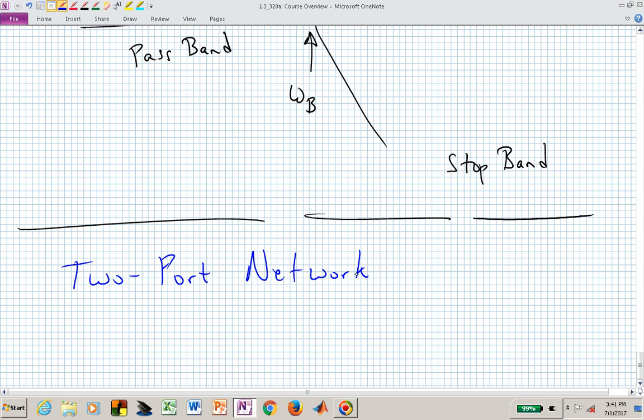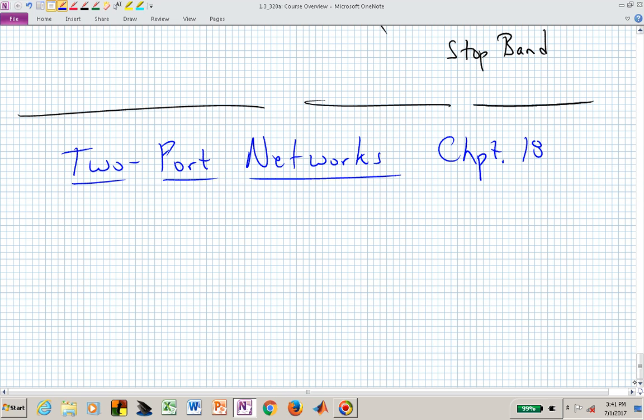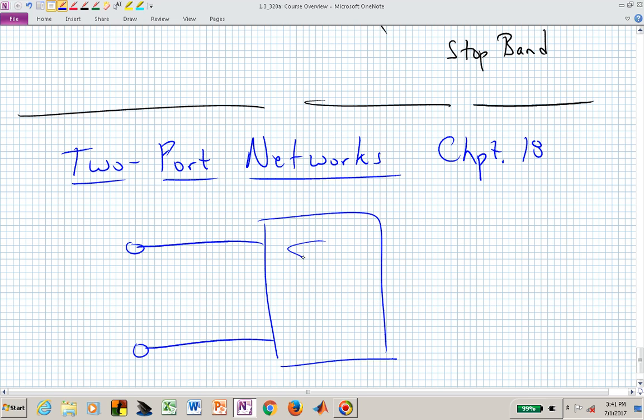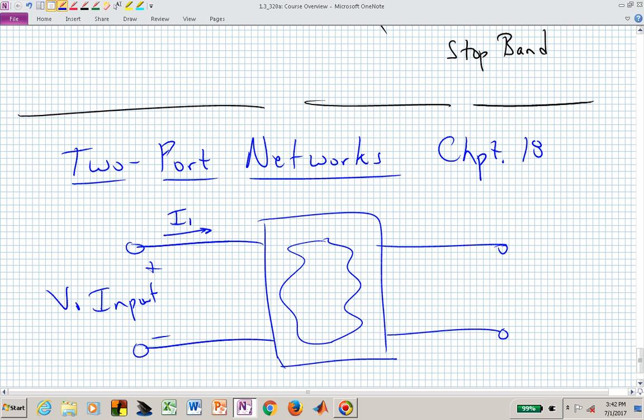Now that we have active filters, passive filters, this idea of systems, we can generalize that even further and start talking about two-port networks, which is the material in chapter 18. Now we will have something that we will have available to us or we will need to design, that's this cloud symbol inside this box, but we have some input terminals, which maybe we have a voltage V1, maybe we have a current I1 and a current I1 satisfying the port requirement. Here's our voltage V2